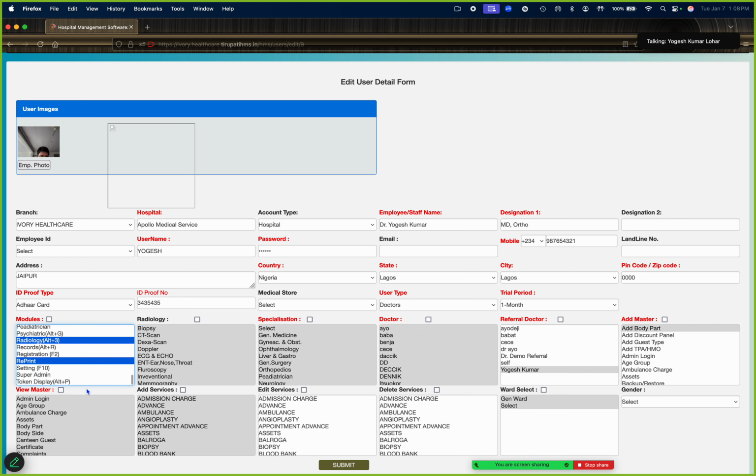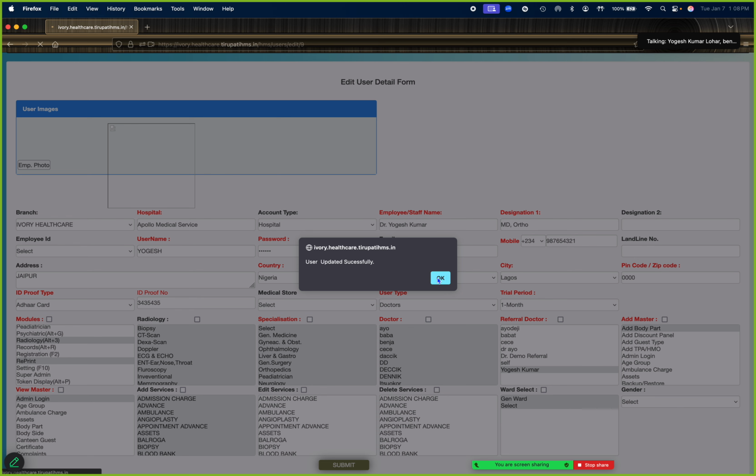So we give these selective modules when adding the user account, and they will not be able to edit or delete records. We just submit this user record by creating the account.